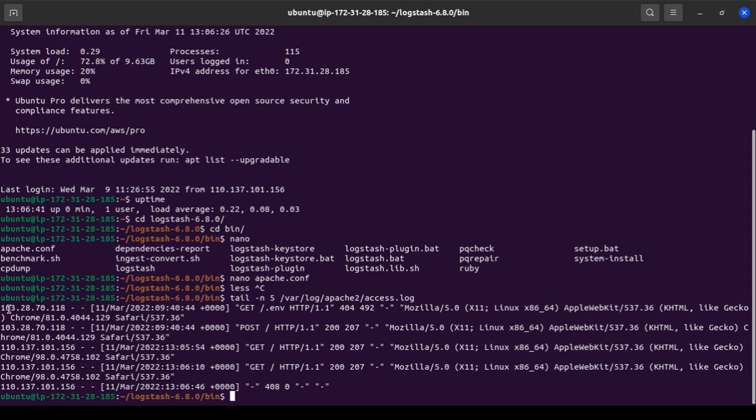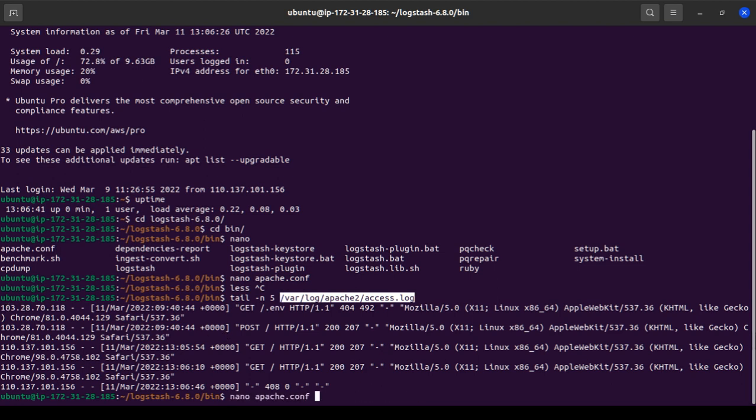We can see that it has a format. Fortunately, we will use the grok parser for this, so we can parse this raw log into the IP, the date, the HTTP method, the path, the HTTP version, the HTTP response code, the body, and something like that. So we will configure the Logstash configuration to watch this file and parse the raw log.